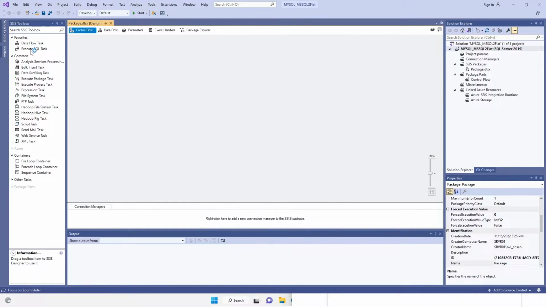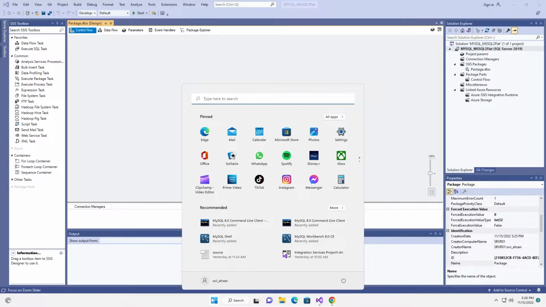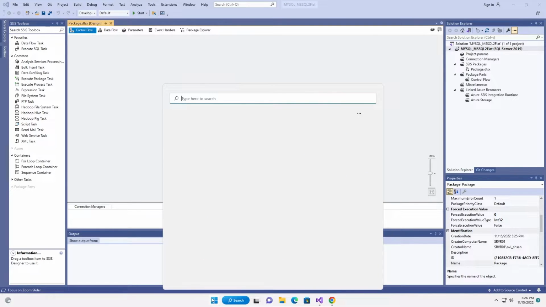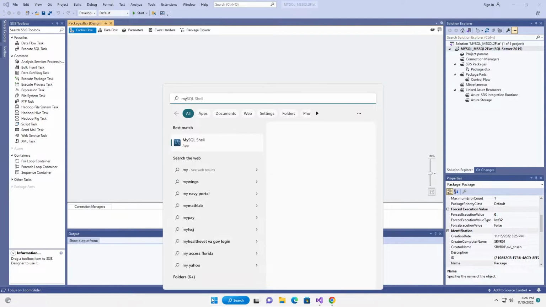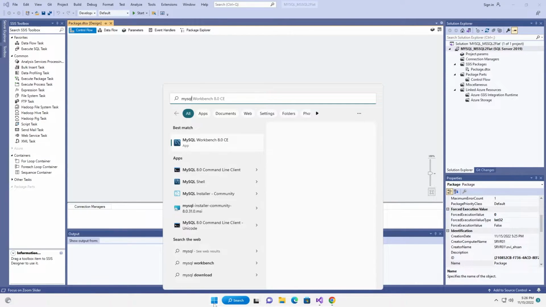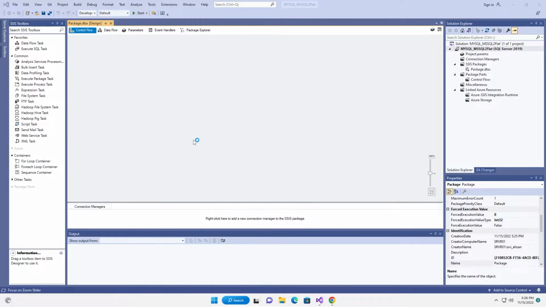Okay. For SQL Server, you can directly connect, but for MySQL, at first you have to create some connection. So how you can connect, I can show you. Let me just quickly open MySQL. This is my MySQL Workbench.